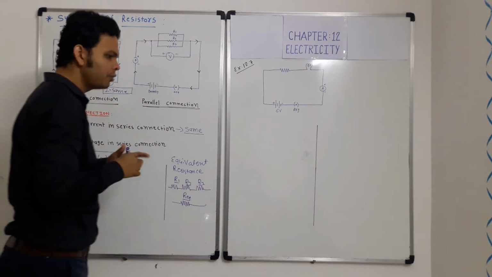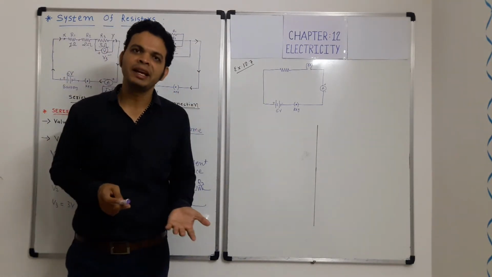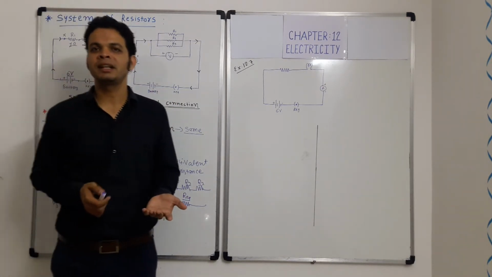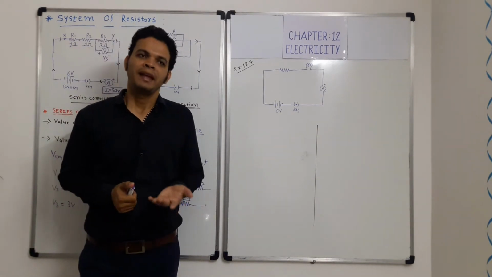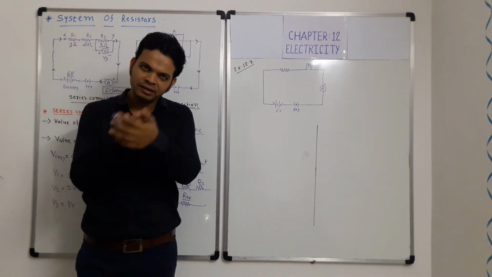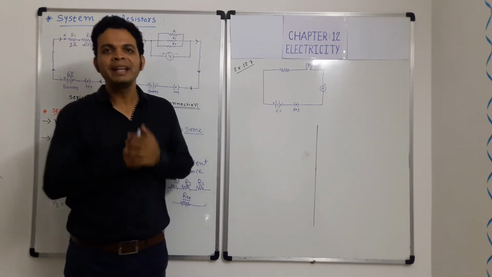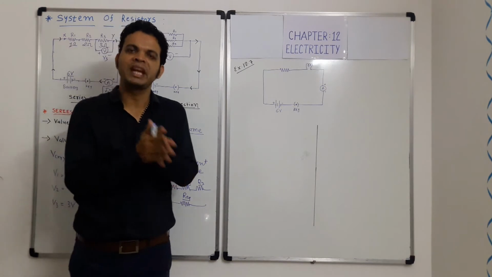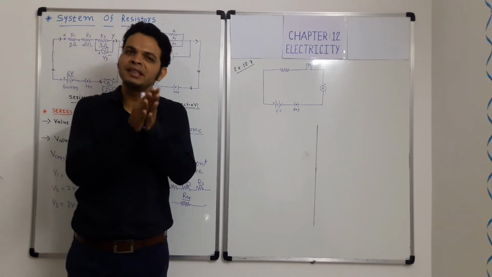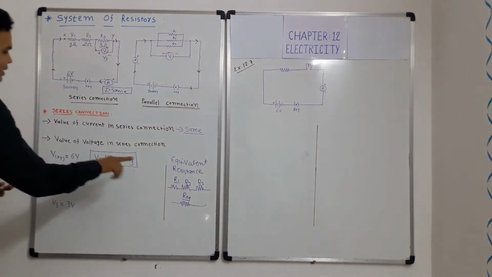So the concept is clear to you. In layman's language you can understand it something like this: person A is there whose capacity is to work for 5 hours. Person B is there whose capacity is to work for 4 hours, and these two persons have been removed, and person C is there on duty whose capacity is to work for 9 hours. So by removing person A and person B, we are getting the equivalent person C who is doing the same job that A and B used to do. So equivalent resistance is something like this.